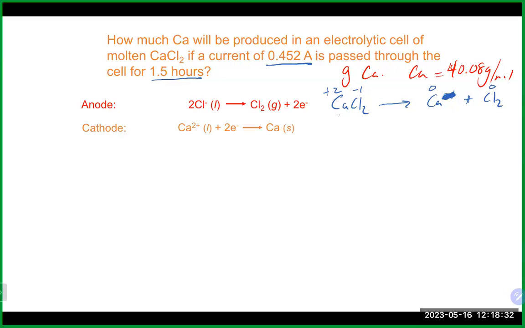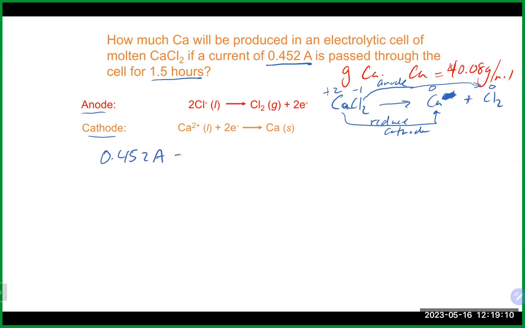So once again here, it is the calcium that's going from +2 to 0. It's becoming more negative and is being reduced, which is why it is our cathode in this case. And it is the chloride going from -1 to 0 here, becoming more positive, and that is going to be our anode. So again, we're running this backwards. Obviously, that's opposite of what it would be if we were putting it together, and that's why we see our half reaction written in that direction. Now that we have that,